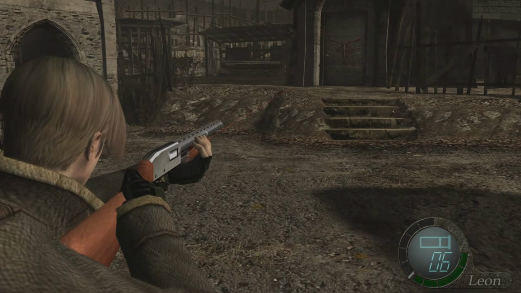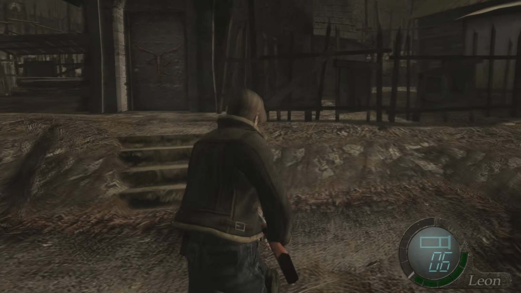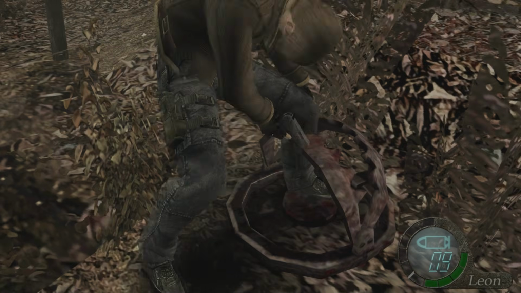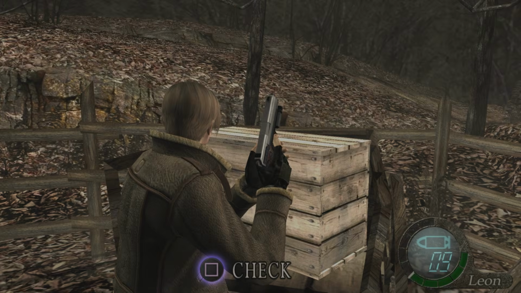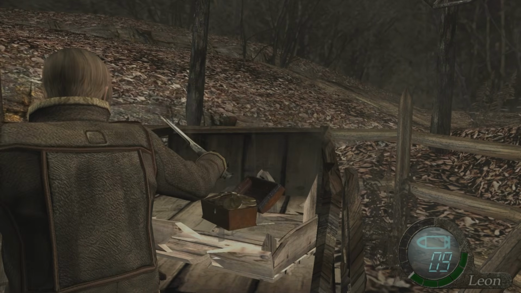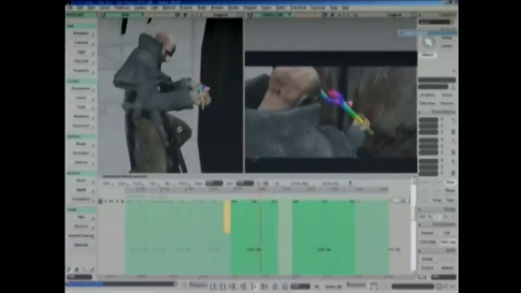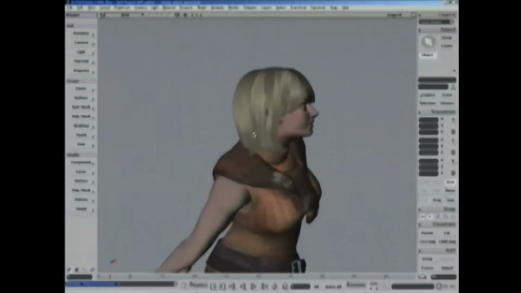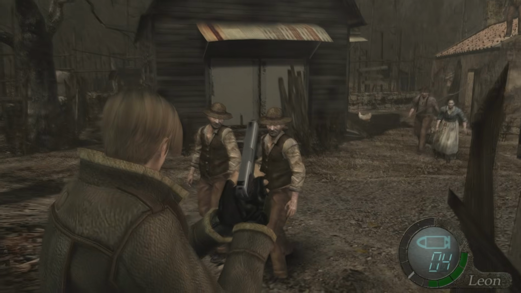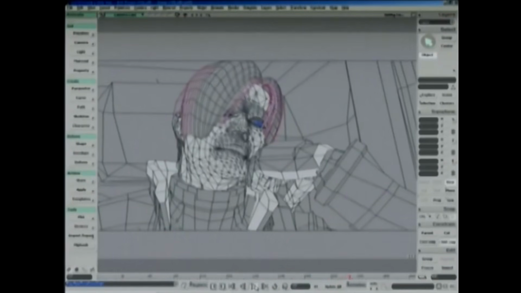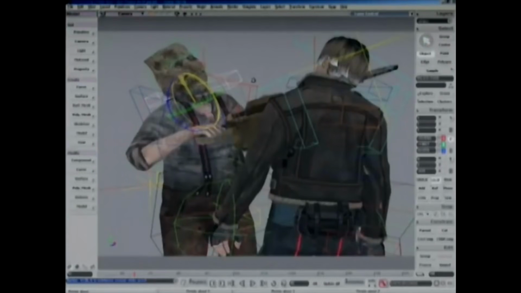When it comes to motion capture though, you'll need to neaten up the raw capture data by hand and make changes to ensure that the needs of the gameplay are met. For instance, switching from knife to gun is really quick, likely quicker than any captured reference footage could provide. This is where the animator's hand comes in to make those magic changes to the motion so it feels good to play.